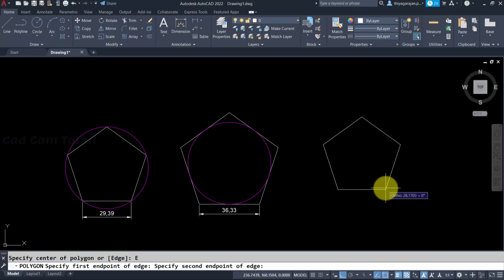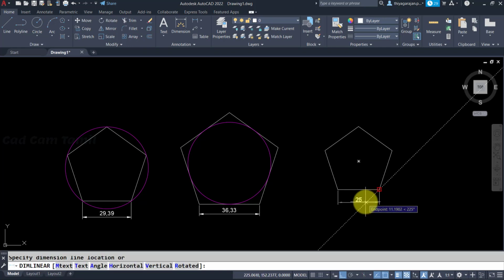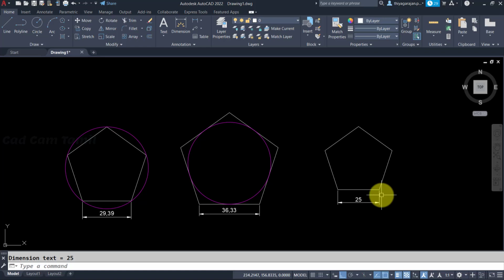Okay. Now I am going to give 25 in the direction of 0. First 2 points I am giving. So this is 25 I gave, 5 sides I gave, so all 5 sides will have the same length, 25 only. Okay. Right. So from this we can understand, if you want a specified size of polygon, you have to use the edge method. Or if you want an approximate size within this confined area, then I can go for inscribed or